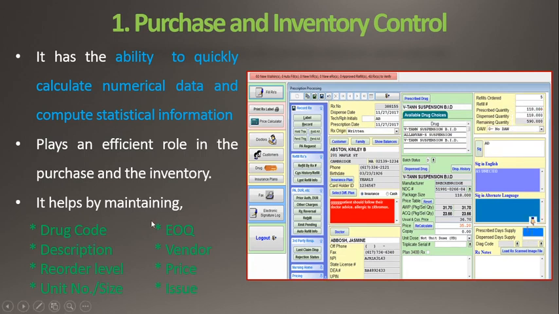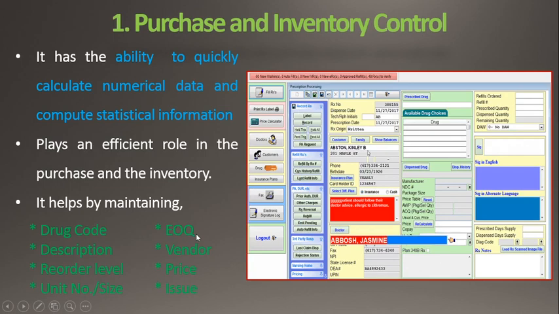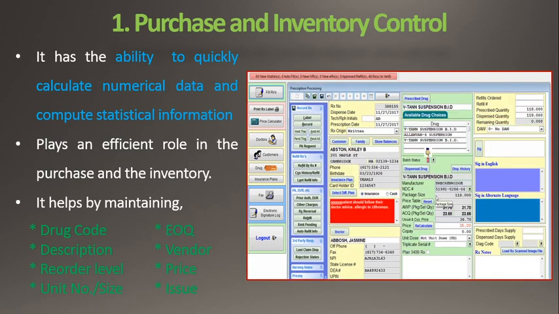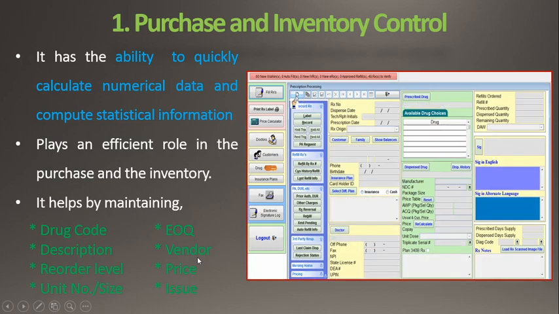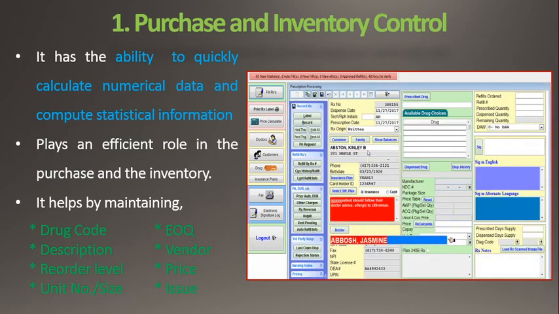Also the EOQ level, that is economic order quantity level, is also put in the computer for that particular medicine. Also the description of the medicines is maintained in the computer, as well as the supplier or vendor, from which supplier it is received.